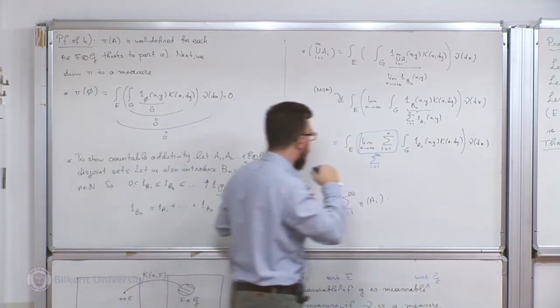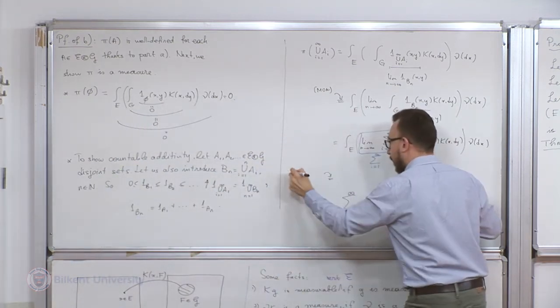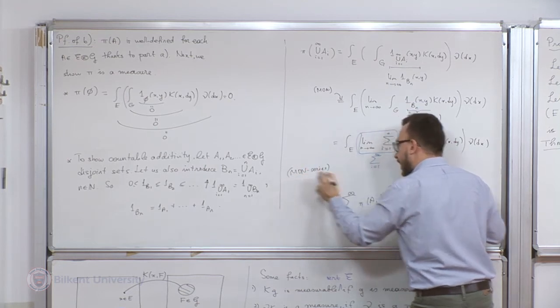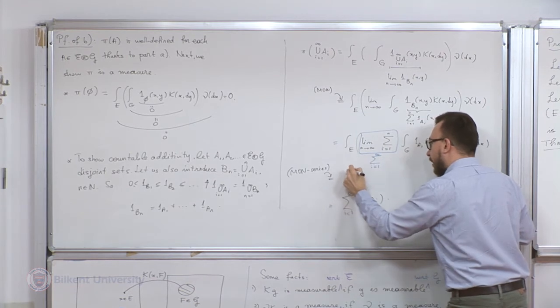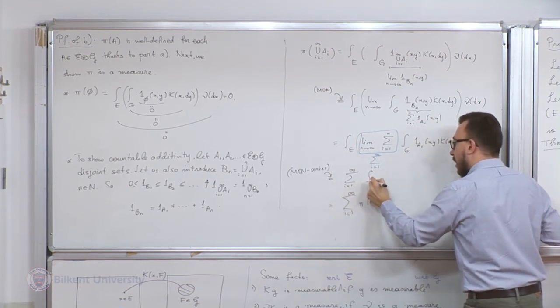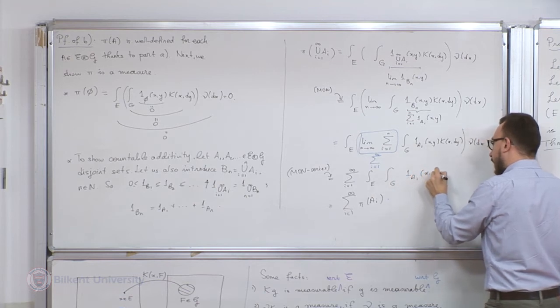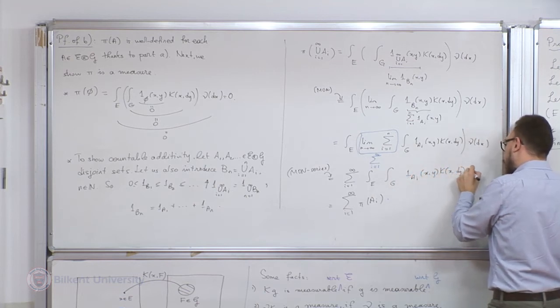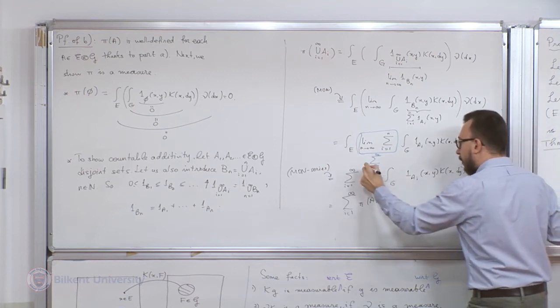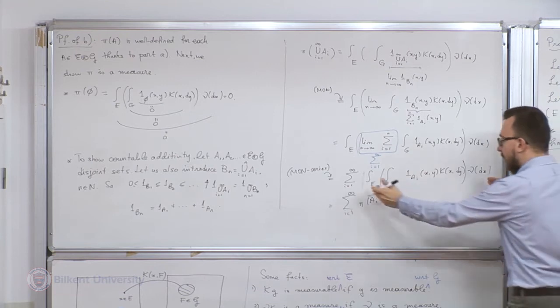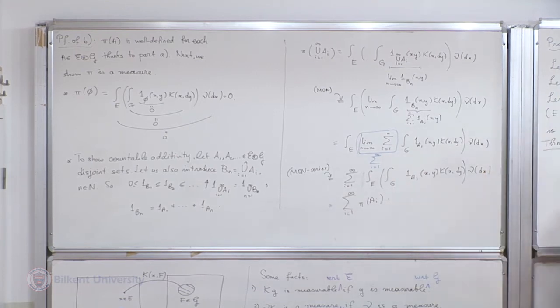Okay, so we use Mon series, the series form of the monotone convergence theorem, to get that this is equal to the sum from i = 1 to infinity of the integral over E of K(x, A_i) nu(dx). And this is what we wanted, because this is exactly pi of A_i by definition. So we showed pi is a measure.